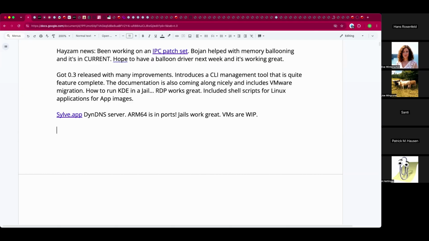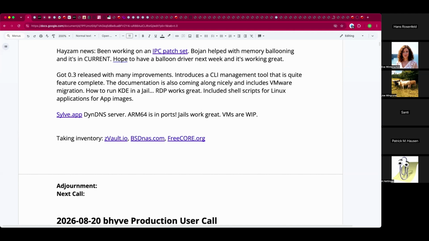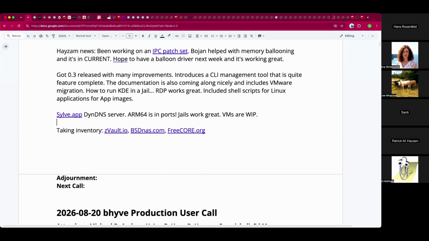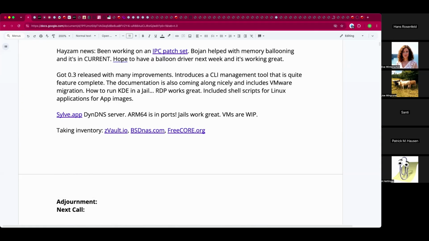Very, very cool. Any questions for Hazen? Okay. Hopefully things are coming together, and we have a tool that showcases the nifty things in FreeBSD. So I'm very excited about that. Patrick, let's just quickly run through the various